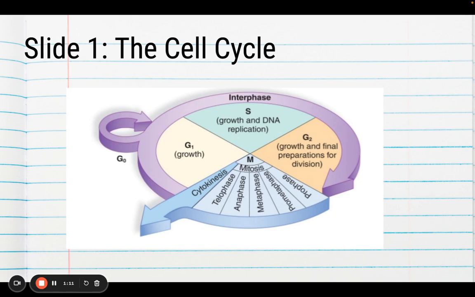This is where the cell continues to grow, but something very important happens in that DNA replicates or makes a copy of itself. It is important to point out that whenever cells divide, they all need a complete set of DNA or chromosomes. Following the S phase is the third phase, G2 or gap 2. In this phase, the cell continues to grow and makes final preparations to begin to divide.